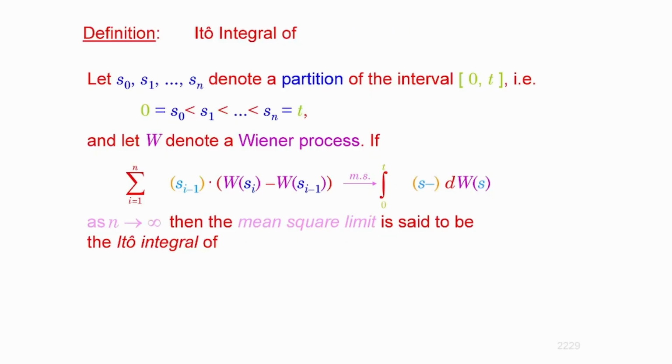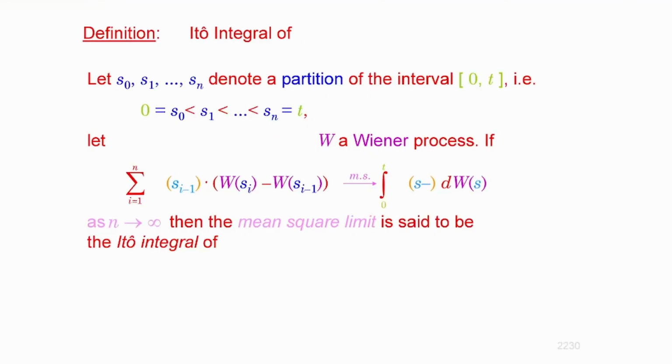Now, if at least the integrand is not, okay, then it's going to be the generalized version. So in this case, the integrand will not be. There is going to be some stochastic process involved, X, which will be the integrand. That is going to be a stochastic process, simple as. And the Wiener process is going to be an integrator. Maybe it can be a Wiener process again, but this is a generalization.